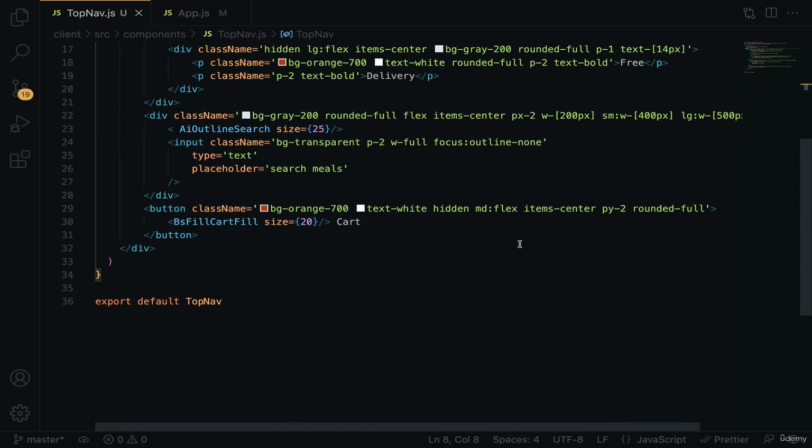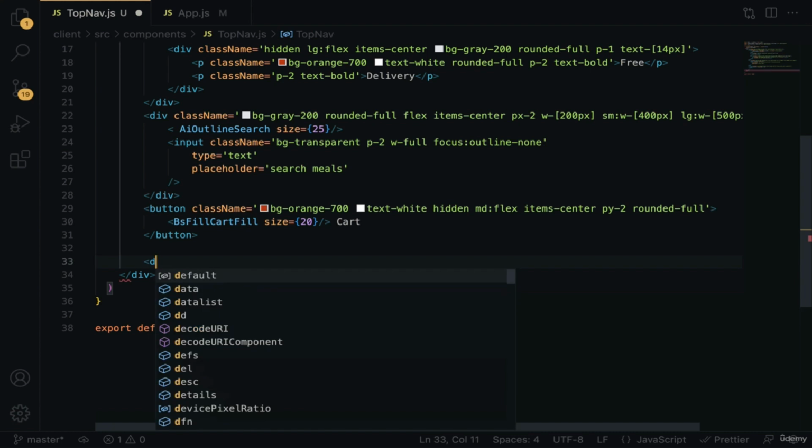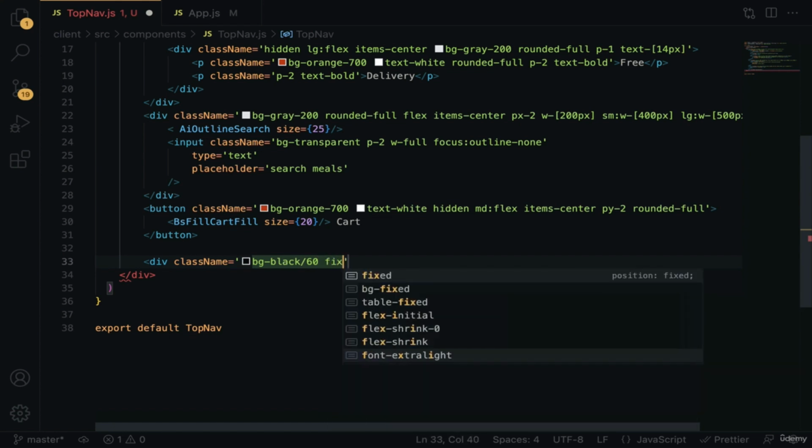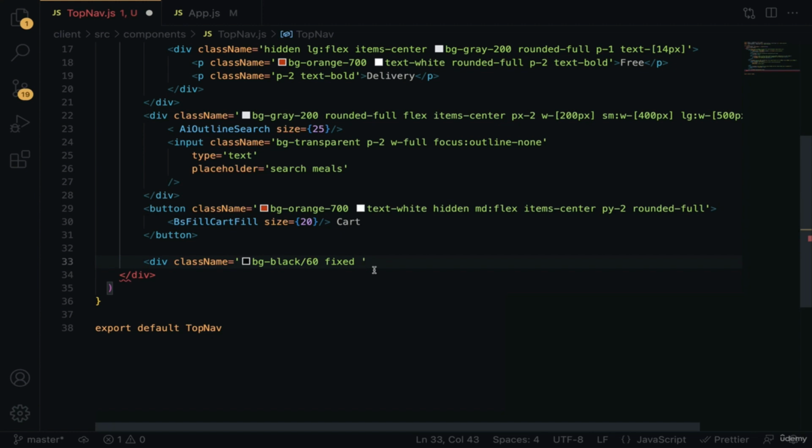Okay, so the next in line is to create a background overlay, because we want everything to appear in a professional way, kind of. So right after the button, we are going to have another div, className, and then I'm going to give it a background color of black, and then divide the black by 60. Don't worry, you will definitely see the outcome. The position is going to be fixed. The width, let's make it 100%, which is full. The height screen,